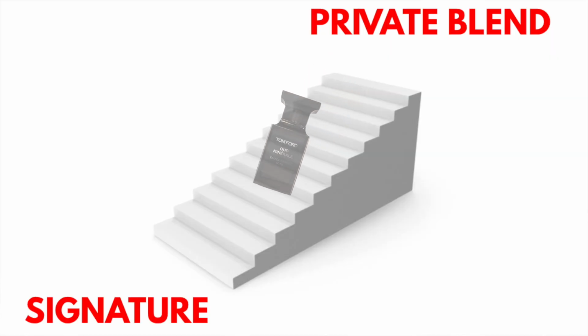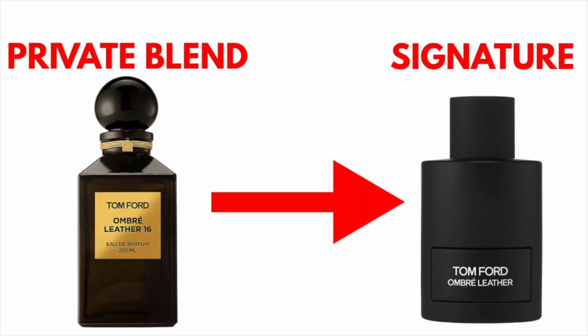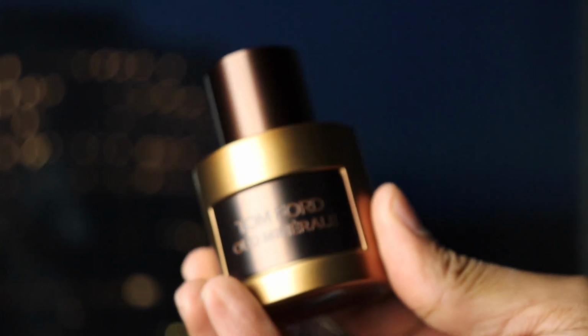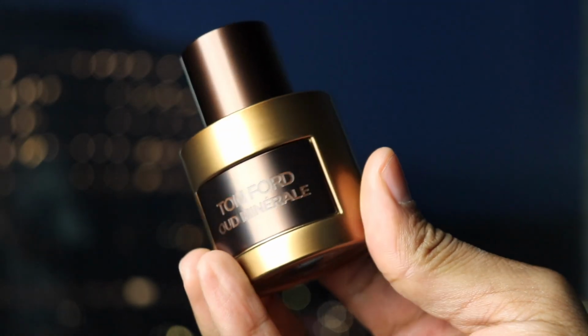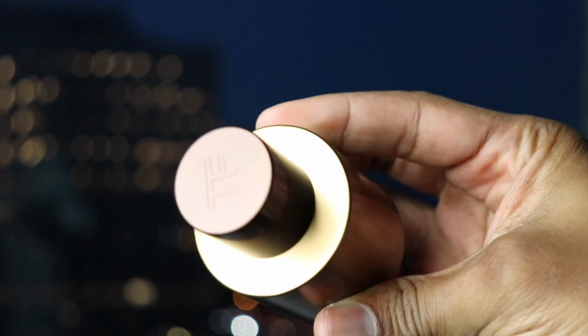And there typically is a slight change in formulation when these fragrances drop, so to speak, from Private Blend down to Signature line. We saw the same thing with Ombre Leather. The Signature line versions are not identical to what they were in the Private Blend line. And I think they're putting it into a cheaper bottle. It's a less expensive collection, and maybe that shows in the scent itself. They're not just dropping what it was into a cheaper bottle. They're somehow making it less expensive to produce as well, and maybe that comes with some sacrifices in the formulation and the ingredients used. I don't know, this is all speculation, but what I can say right off the bat